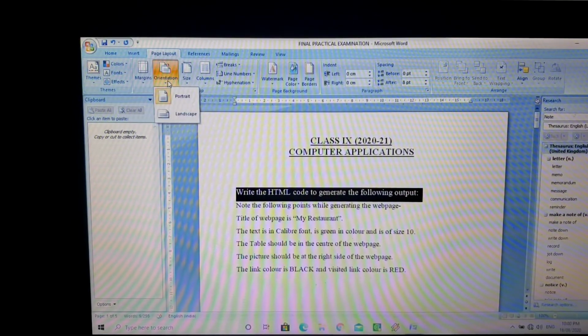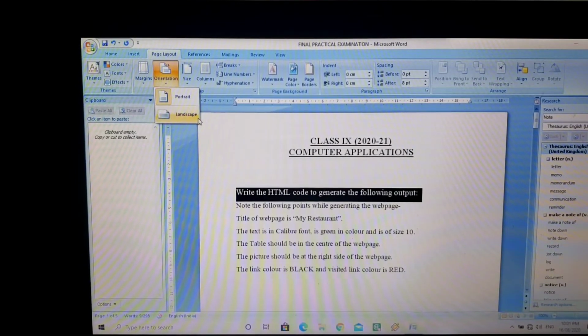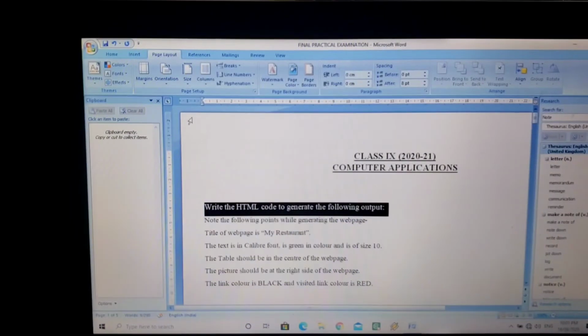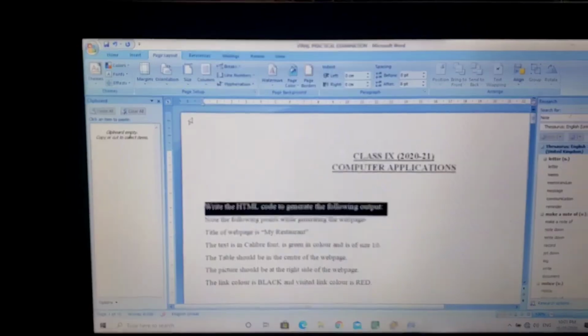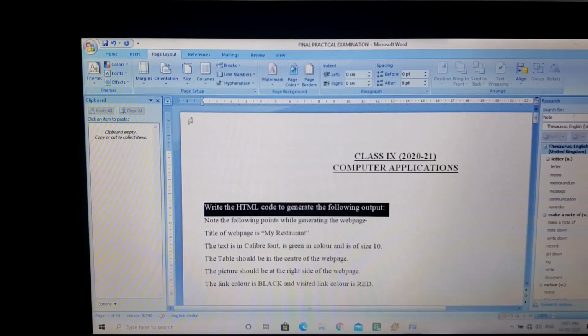Landscape means where you have your mountains, rivers, trees, huts. That is your landscape, where you can have the landscape orientation of your paper. That is entirely up to you. Whatever type of orientation you want, you can have it with the help of this orientation option.